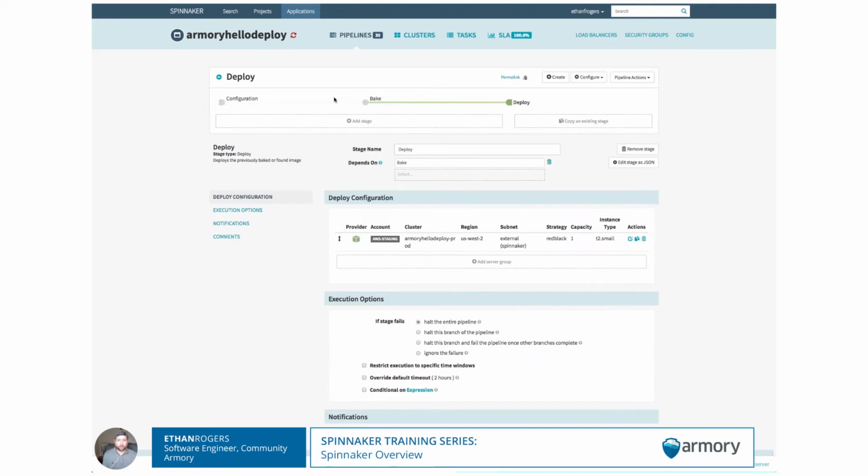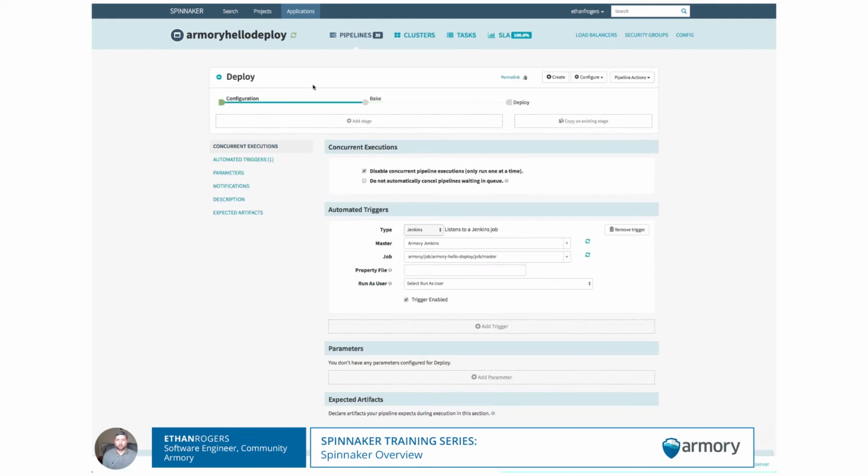One of the greatest things though that Spinnaker provides is this robust pipeline framework that you can use to build out any deployment workflow that you want. So the way this works is you can compose a series of stages that represent various steps throughout your deployment pipeline. So let's say you've pushed code to GitHub. The next thing you want to do is have Jenkins build your artifact.